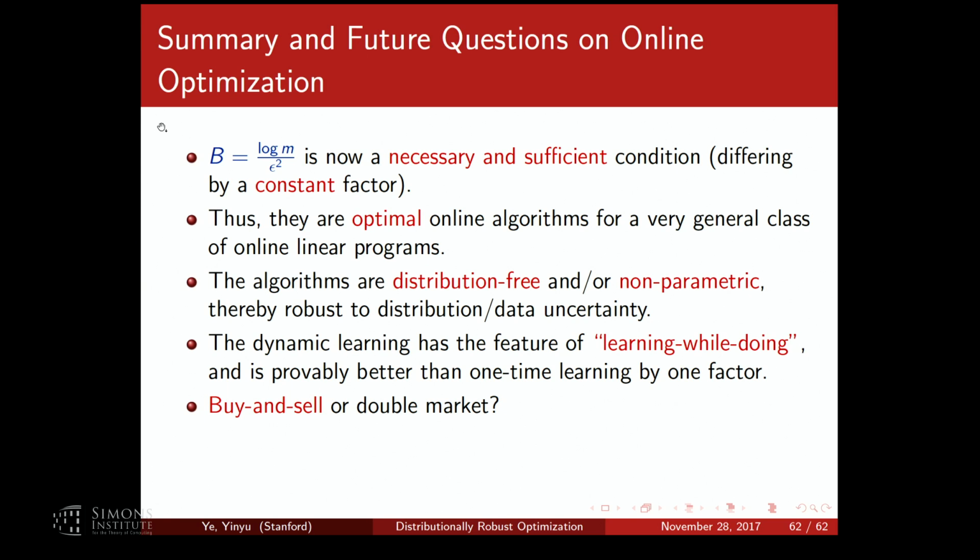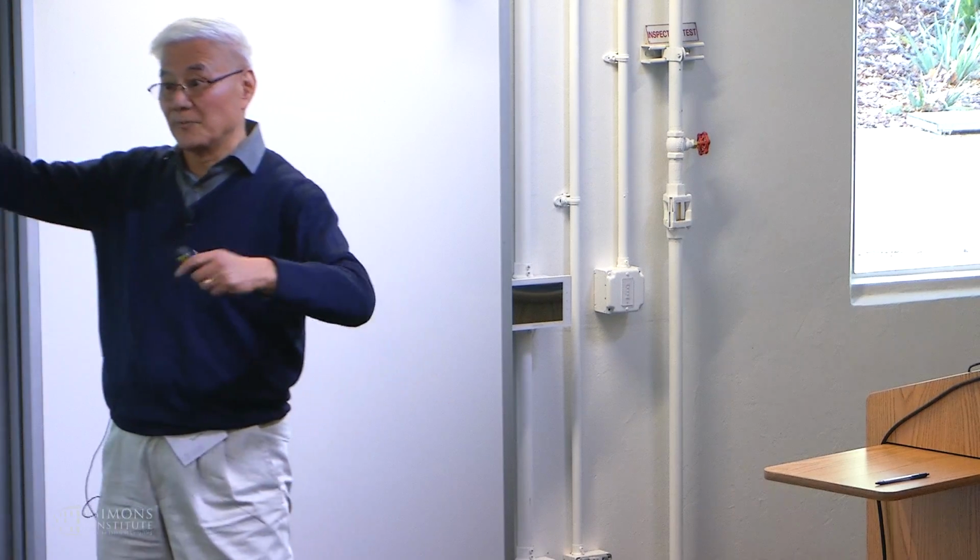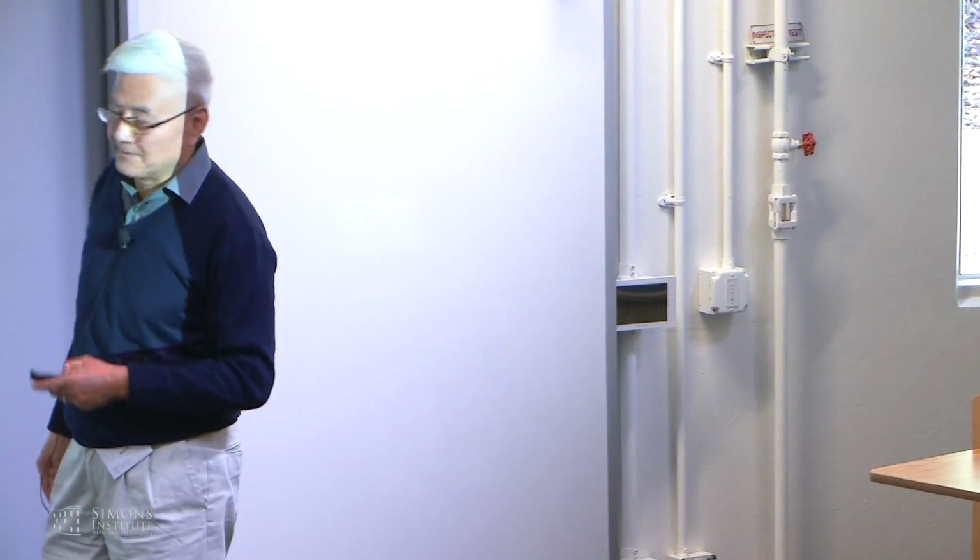We still don't know whether this can be true for the buy and sell market. Right now, I only sell things. But presumably, somebody goes to a platform and wants to sell some goods to me. As the market maker, should I accept those bids or not? Then that would be a truly linear programming problem. Can you still say something on that one?